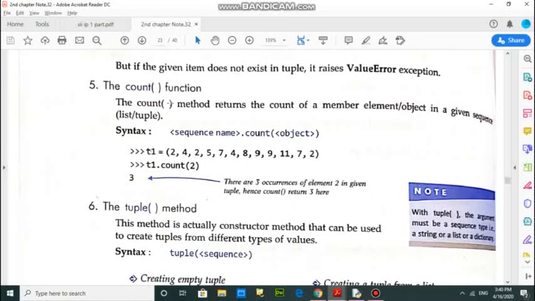This count function is used to count the occurrences of a particular element. For example, t1 equals this tuple content, and here I give the command t1.count(2). So what will happen? Then 2 will be counted in the tuple, and its output is 3 because 2 occurs 3 times.